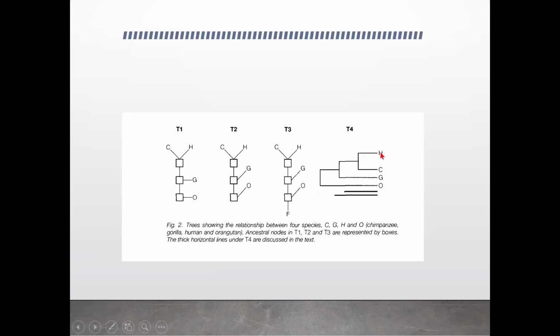Something like this guide tree I have explained earlier while discussing the progressive alignment method, which is the algorithm used for multiple sequence alignment. So this is an example of a phylogenetic tree where the branch length indicates the evolutionary distance. These are the different examples of phylogenetic trees: T1 and T2 are unrooted, this one is rooted where the recent common ancestor is indicated, and this is also a phylogenetic tree where the evolutionary distance is indicated by lines of descent of variable length.